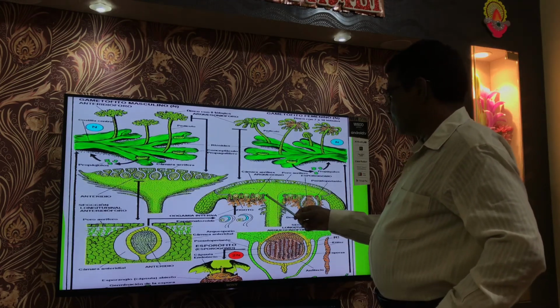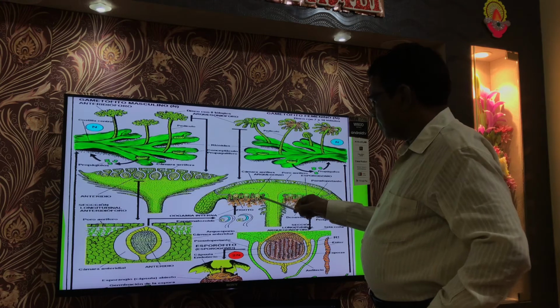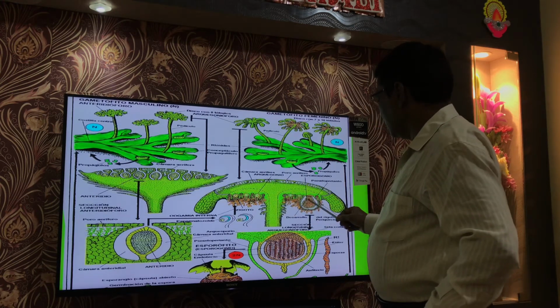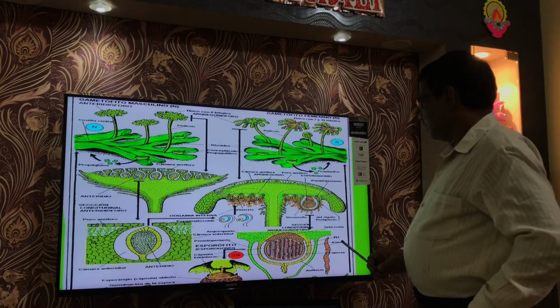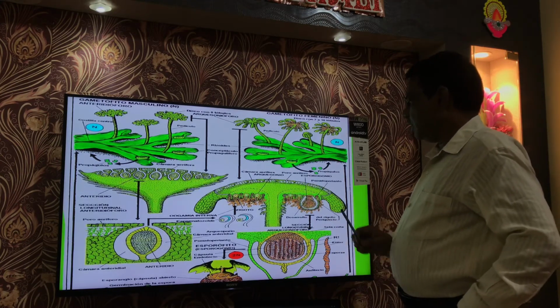If you observe here, a number of archegonia are produced in a series,